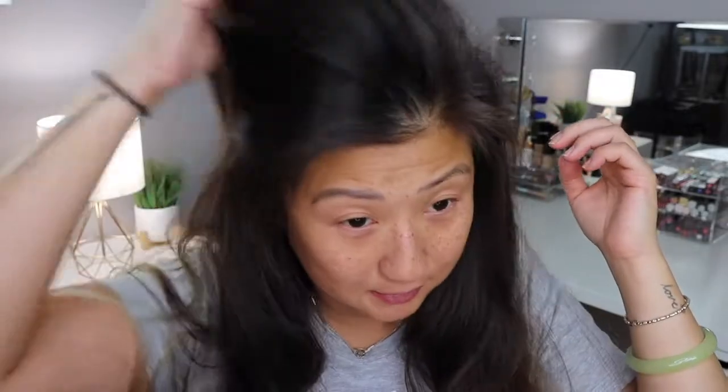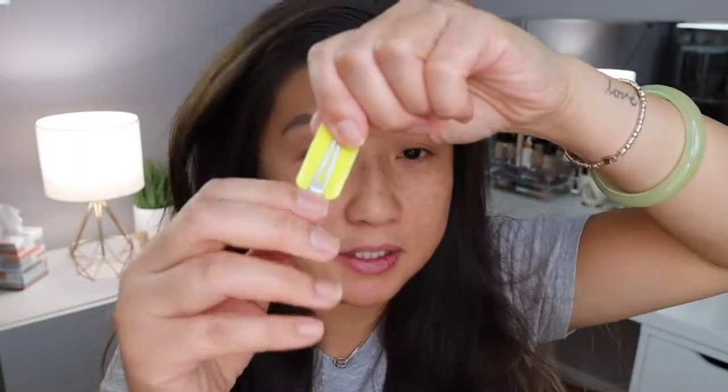Hair's a bit of a mess today. I mean, when is it ever nicely polished? Seriously, everyone knows me as my crazy lion hair, bun hair. What I've been doing lately is just showering at nighttime and literally just putting my hair in a bun and I just take it down in the morning. Anyways, it gets pretty maney, but let's just go ahead and pin this aside so we can do our